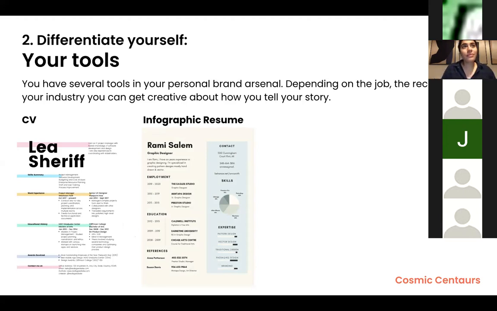So let's say, you know, you were volunteering one summer, or maybe you were taking a course and you scored really high. You could visualize data about yourself in interesting ways. And I think that will make you stand out, especially if you have a few years of experience and you can talk about the impact you've created.